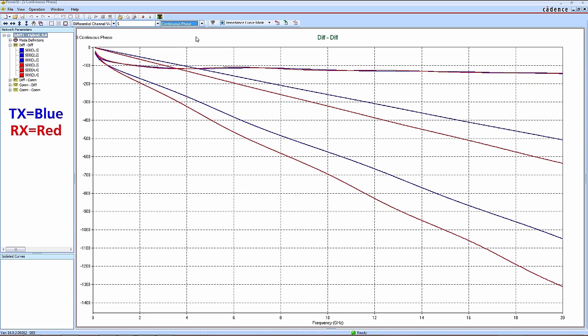There are 3 unique sets of phase behaviors. The board-side reflections have very little phase accumulation, and the die-side reflections have large phase. Notice the through phase is about half the die-side reflection phase. Also, the RX phase is always greater than the TX phase, which makes sense because the RX channel is physically